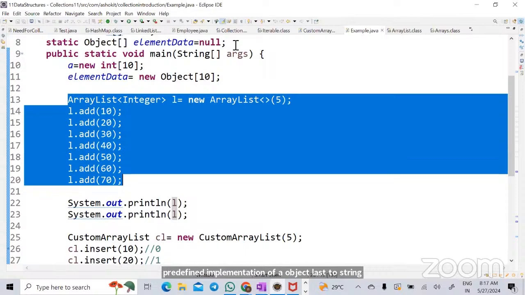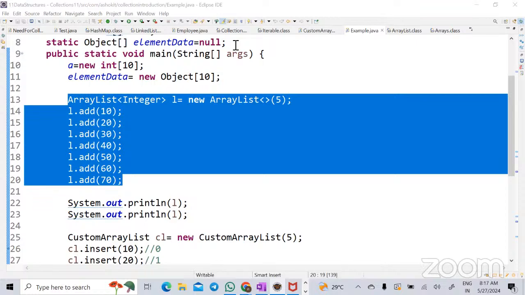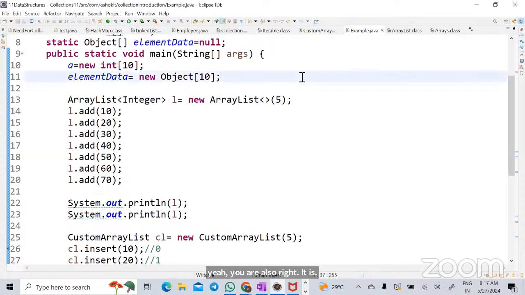Hash code. Package name followed by class name at the rate hash code in hexadecimal format. Yeah. Package name followed by class name at the rate hexadecimal format. And the other person is trying to say, yeah, you are also right. So that is the reason in your projects, whenever in any Pojo class, you